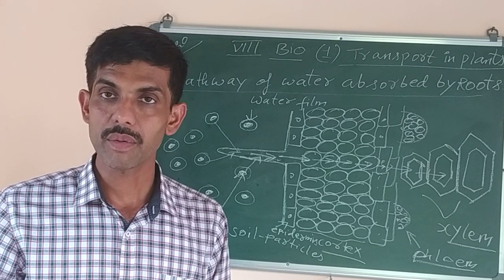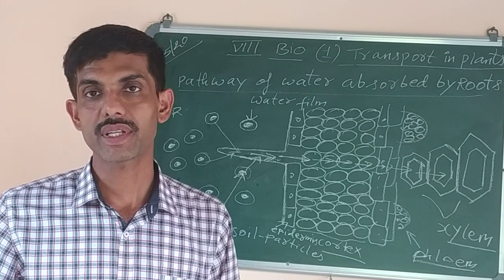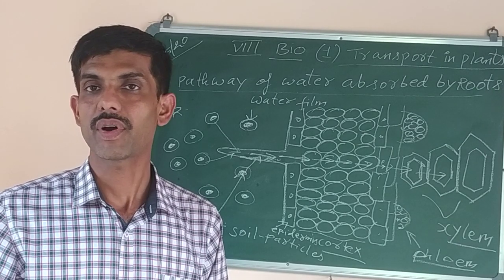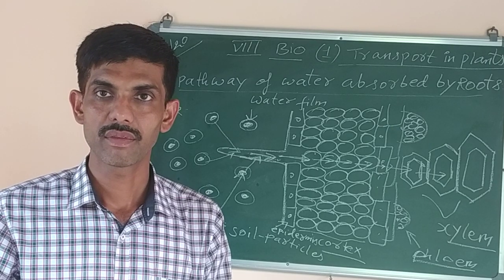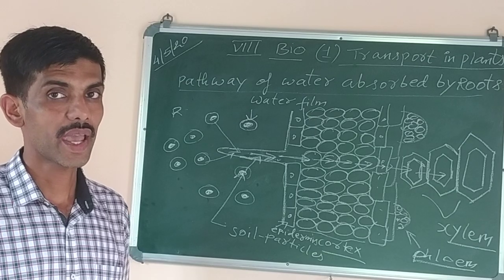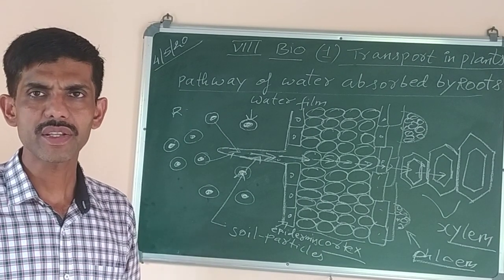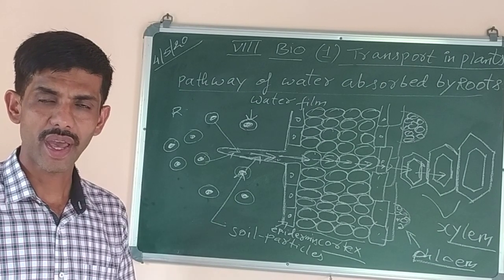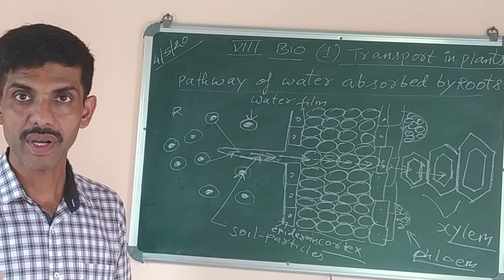Similarly, other minerals are there which are required for the proper functioning of different parts of the body. Like iron is a mineral which is needed for the formation of hemoglobin, which is a part of our blood. Similarly, the plants also need minerals for the proper growth and development. And these minerals are needed for various vital metabolic processes like photosynthesis, respiration. To carry out all these different activities, plants need the minerals.